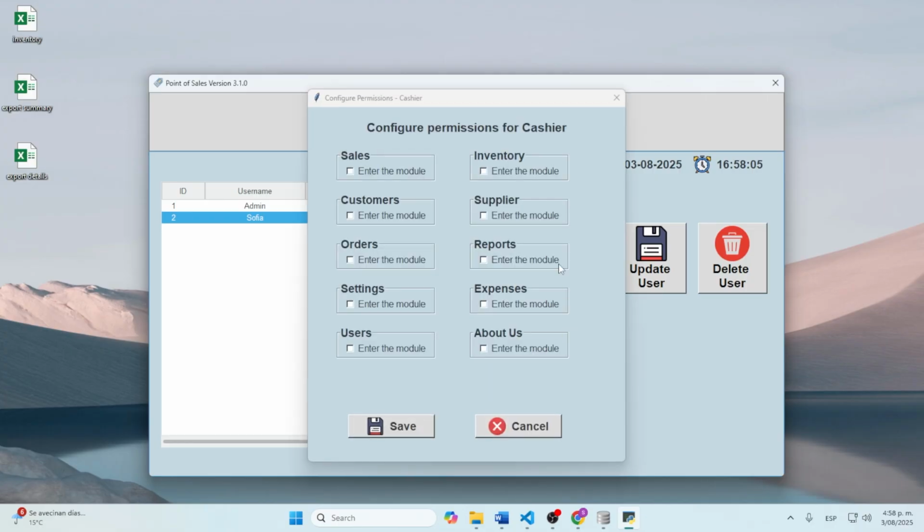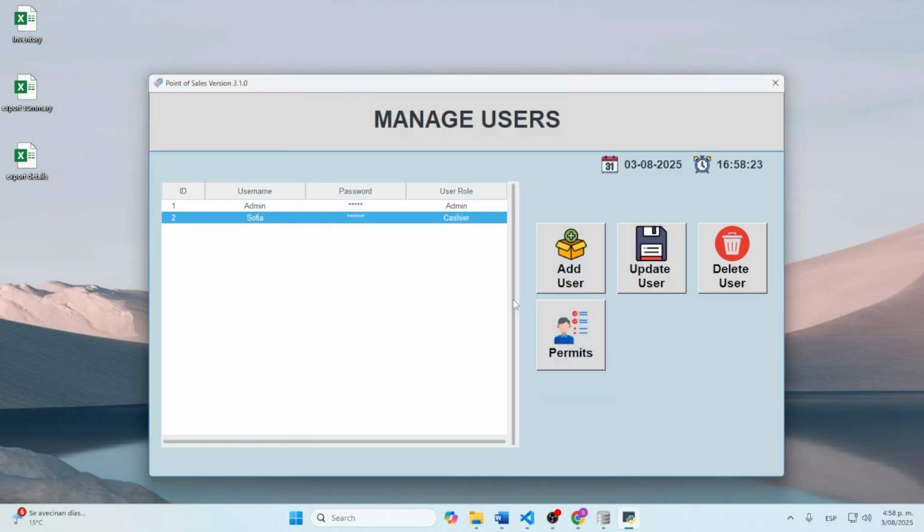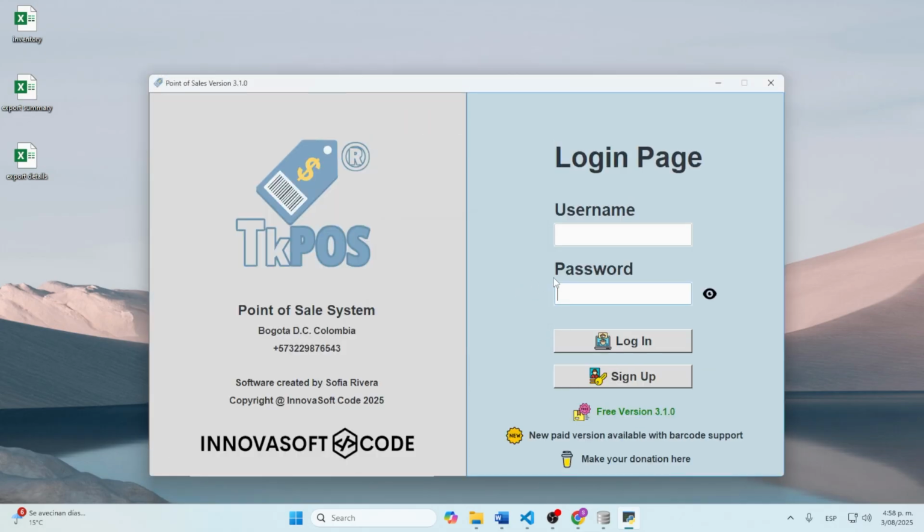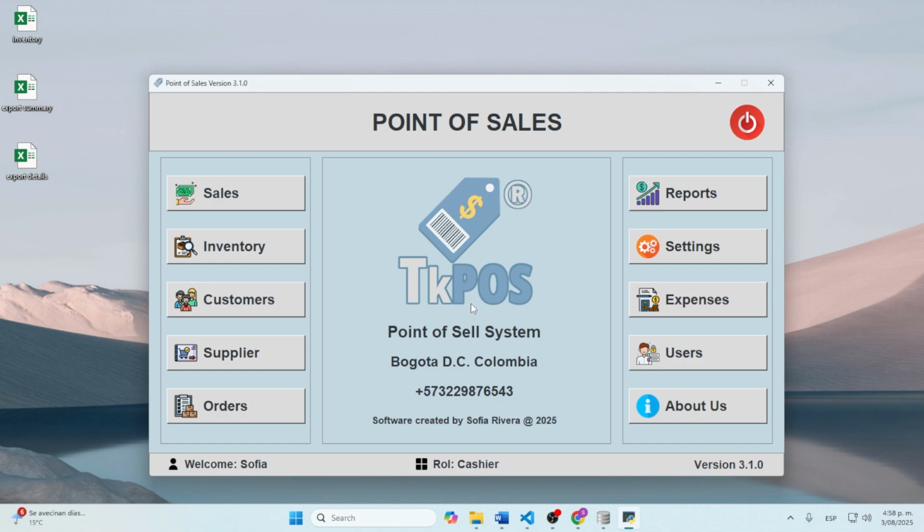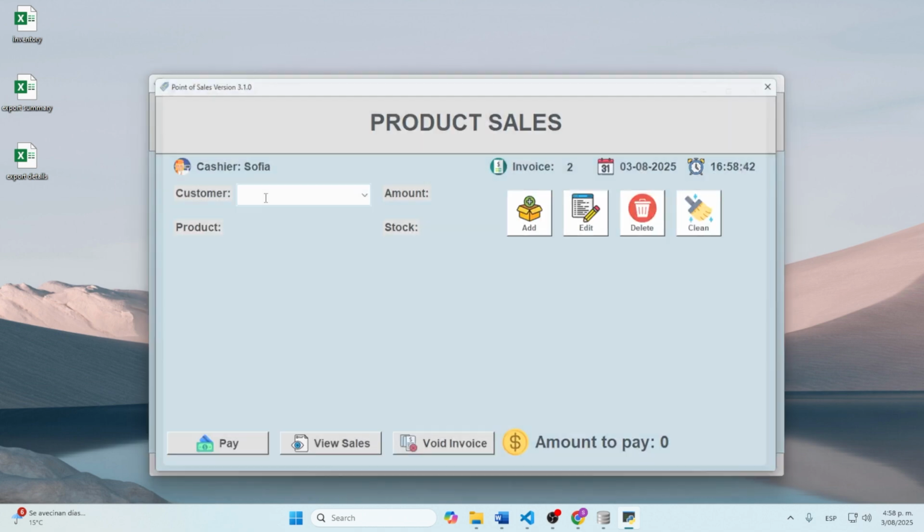As you can see, by default, this user does not have access to any module. So now we'll check the boxes for the modules we want this user to have access to, which are sales and inventory, and we click on save. So permissions saved successfully. So now we are going to log in with the username Sofia and my password 123456, and we log in, and we are going to try to enter the sales